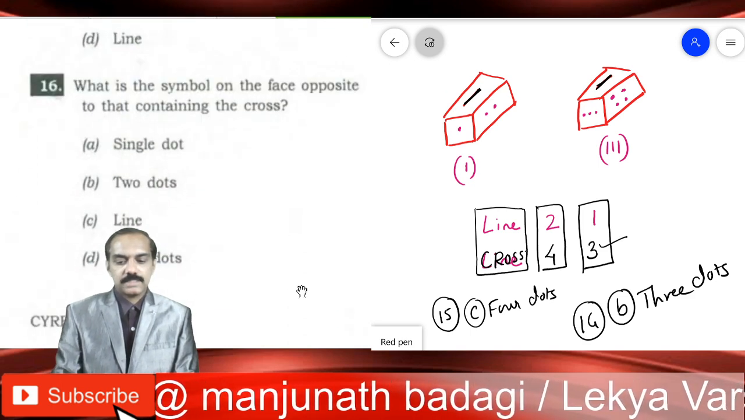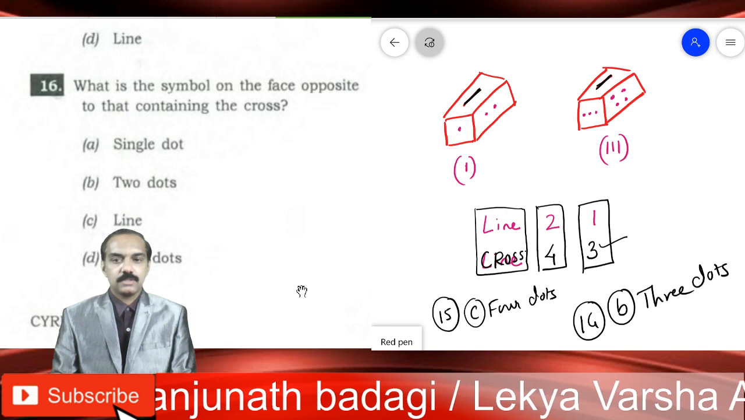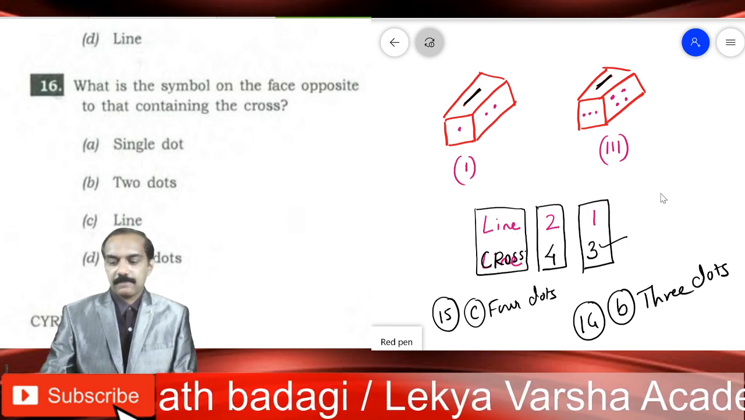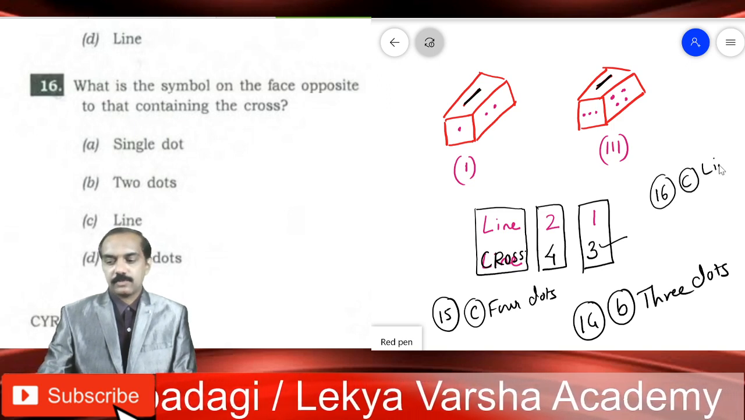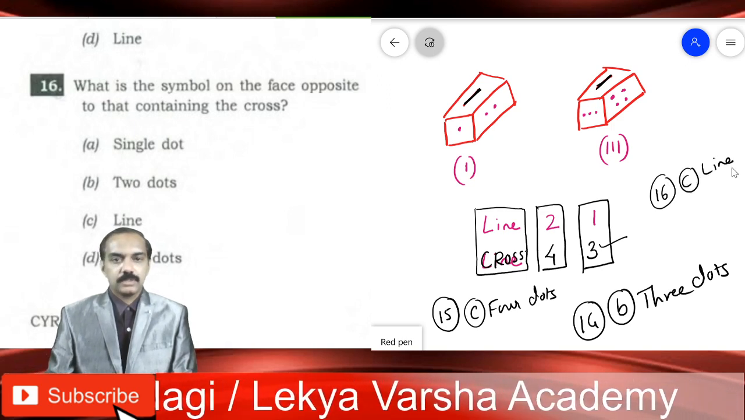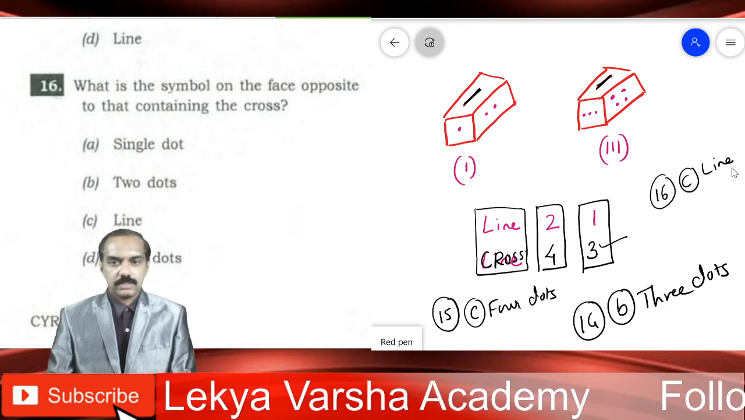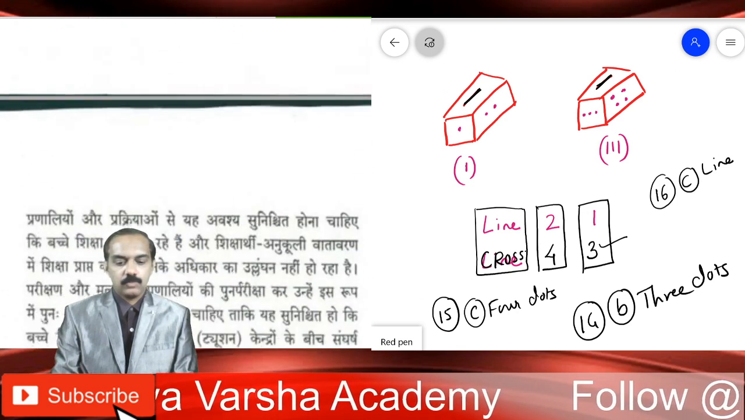Moving on to the next one, 16th one. What is the symbol on the opposite face to that containing the cross? Cross opposite line, line opposite cross. Therefore, for the 16th problem, it is third option, line. This is how we can quickly answer all the three questions that follow these dices. Moving on to the next one,